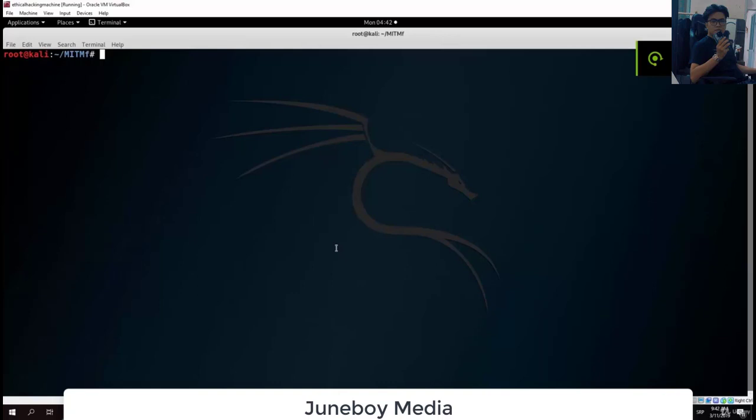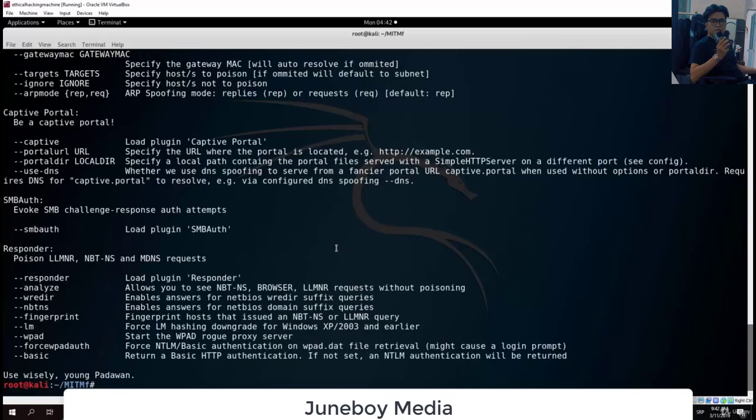Hello everybody and welcome back. And now, before we continue to Ettercap, which is another tool for the man in the middle, which I will show briefly, let us see what else we can do with our man in the middle framework tool. So there are a bunch of other options as well. We will not cover all of them, of course, but I just want to show you some of the things that you can do in order to specify your attack in more detail, or in order to perform some different type